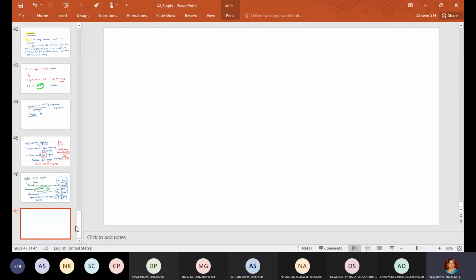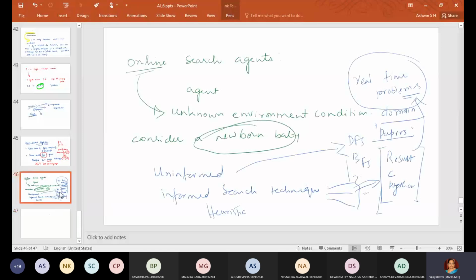If you are interested in writing some review papers, you can think in this direction: taking some real-time problems and seeing how artificial intelligence algorithms help to analyze them. If you get some results, definitely you can write some papers. If you are going for higher studies, definitely you can publish some papers or conference papers. It will definitely help you in future.